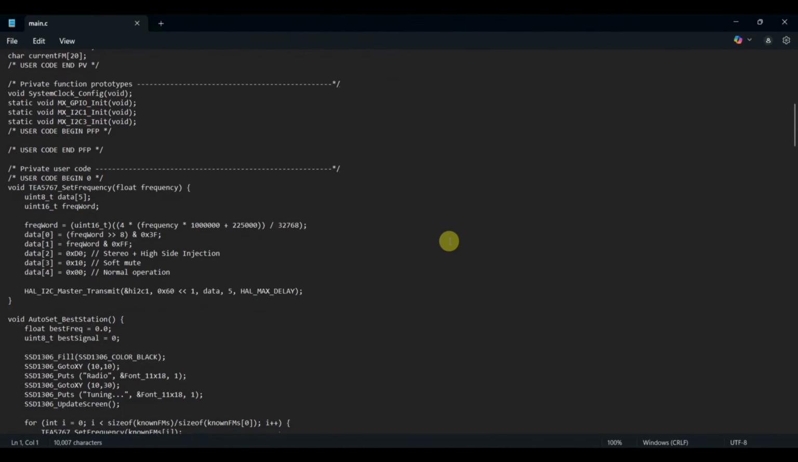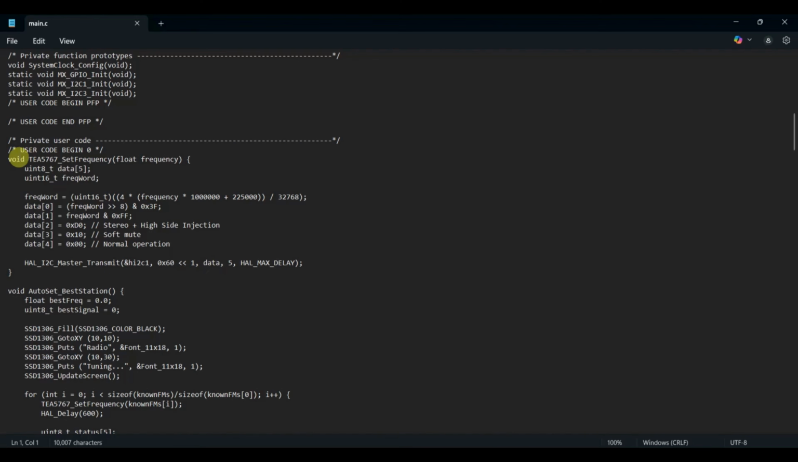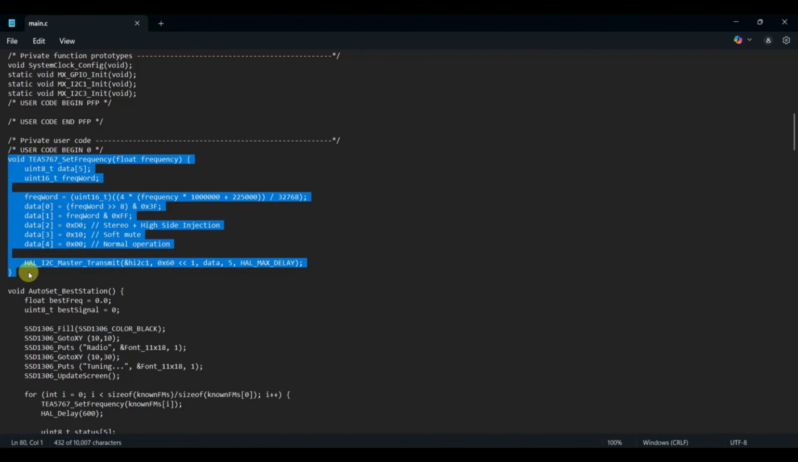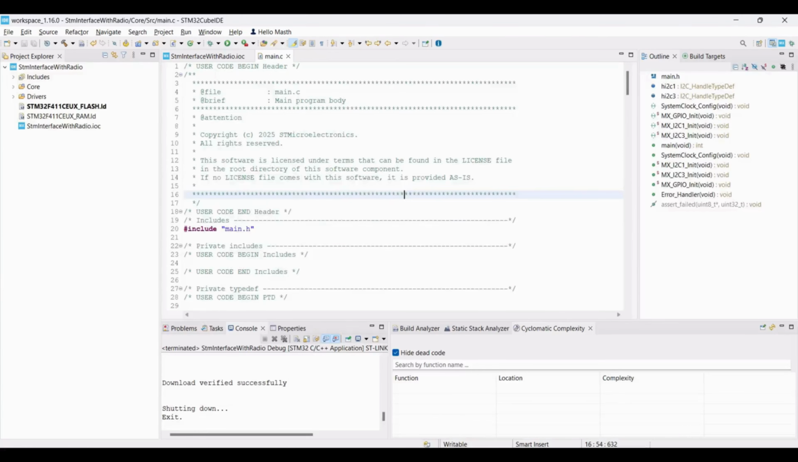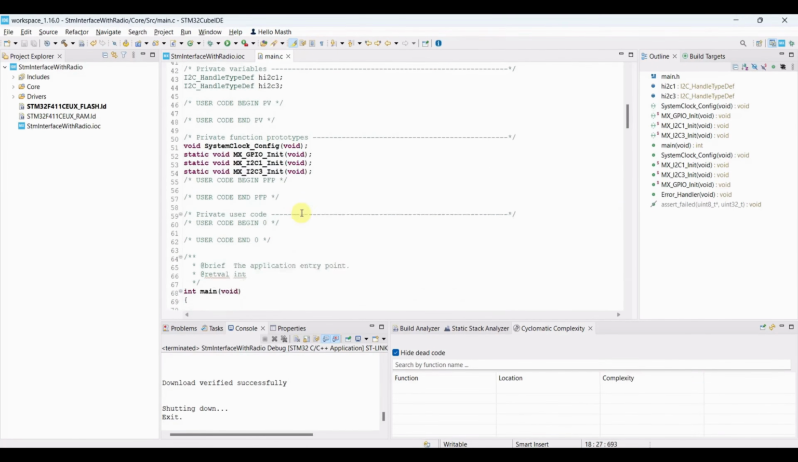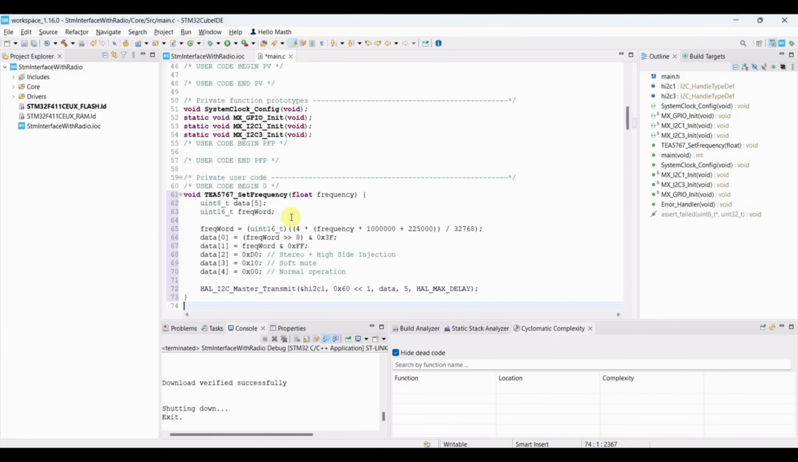Let's first try to set a fixed frequency and check if we can hear any sound. Copy this function. This function sets the FM frequency. This converts the desired FM frequency in megahertz to a 14-bit value that the TEA5767 expects. 225,000 is the intermediate frequency used for FM tuning. This formula is from the